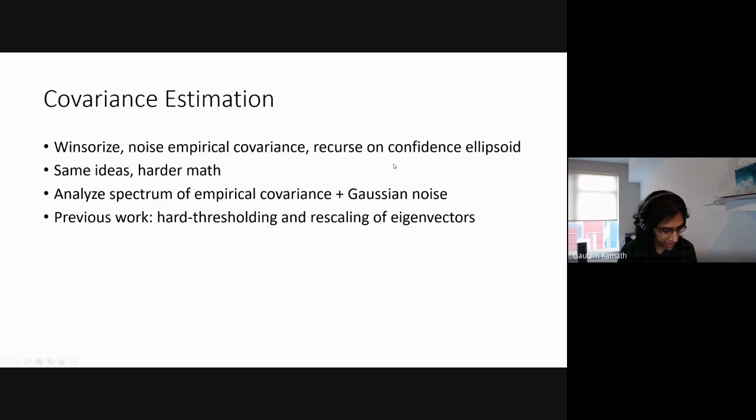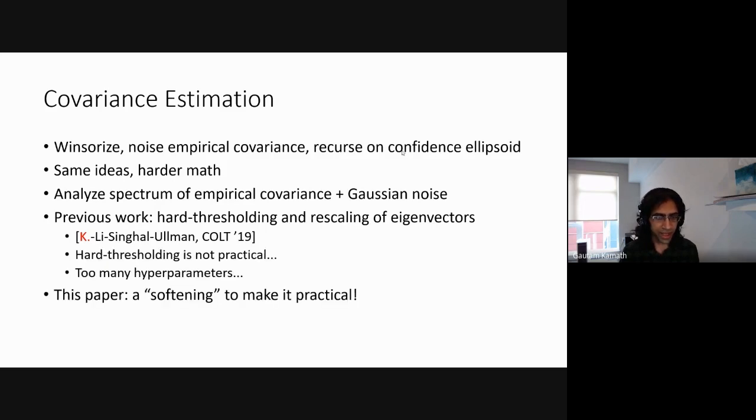And the neat thing that I found fun in this project is that in a previous work with Jerry Li, Vikrant Singhal, and Jonathan Ullman, we had a very theoretical way of solving this, which is not at all practical. We have some crazy constants there. It's all just for proving things in theory. But what we essentially show here is a softening to make it practical, removing a lot of hyperparameters, and it's a lot simpler in terms of what we have in this paper. And it still works very well, I'll say. It's not quite as good as the mean estimation procedure for whatever reason. The mean estimation was surprisingly good. This is just, I think, good rather than surprisingly good.